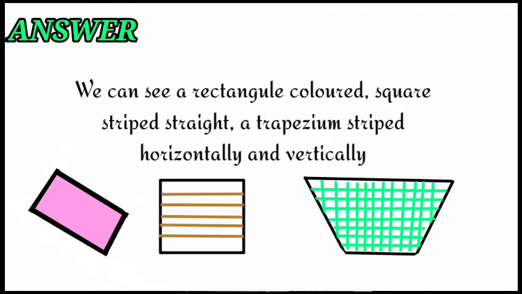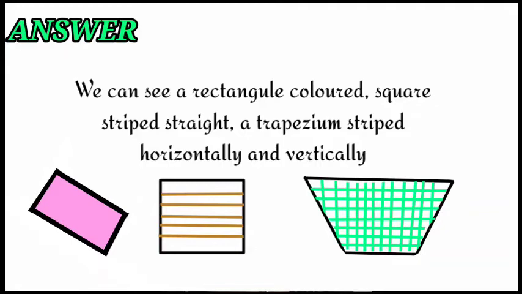Okay, first one is the rectangle. We can see a colored rectangle is there. And the next one is the square stripped straight. Next, the trapezium, and another one is the trapezium stripped. Horizontal lines and vertical lines are there. In that picture, horizontal and vertical lines are there. Next one is,